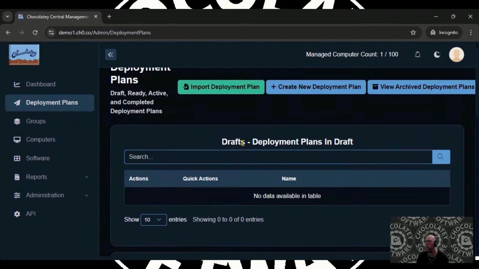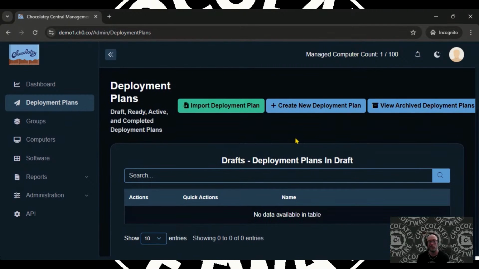So at the top right of this interface, well, it's normally the top right when you don't have your resolution blown out to proportions. But at the top right of the interface, we have options for the deployment plans. You can import one. We do have some examples for deployments that you can import in our central management docs. It's docs.chocolatey.org